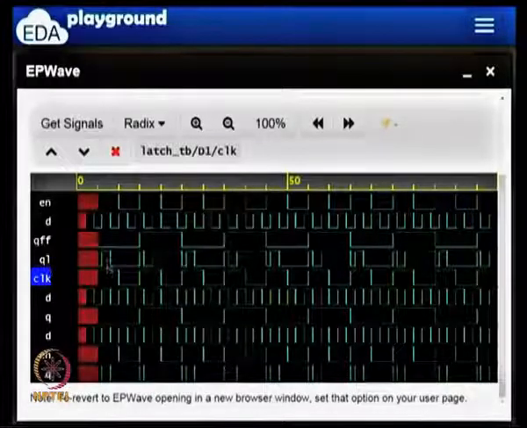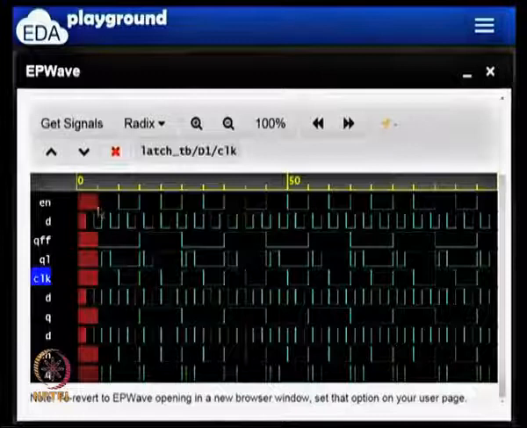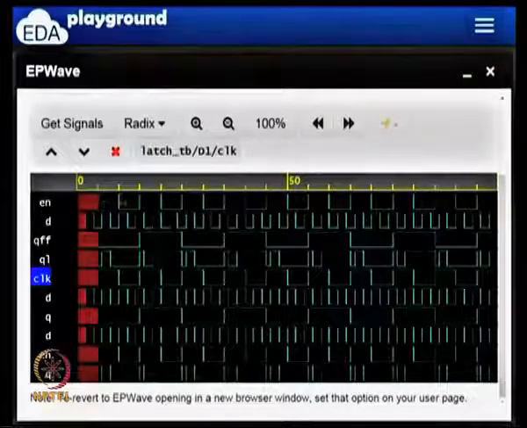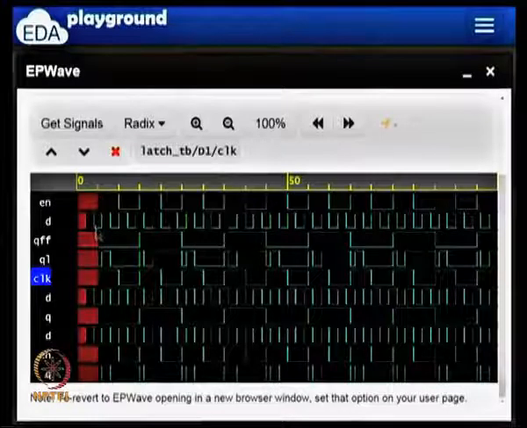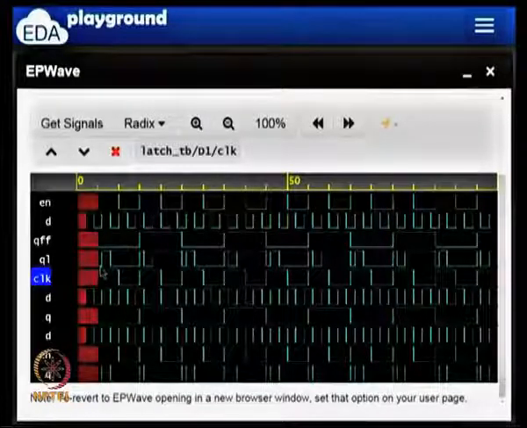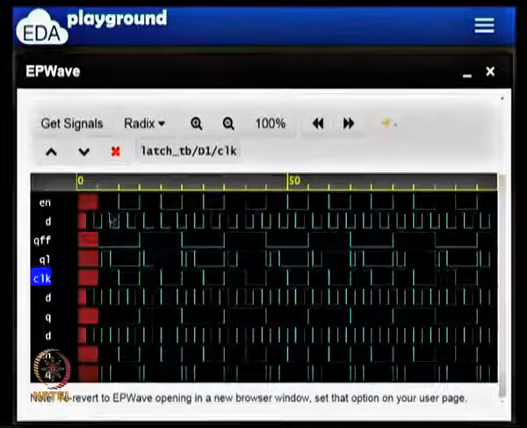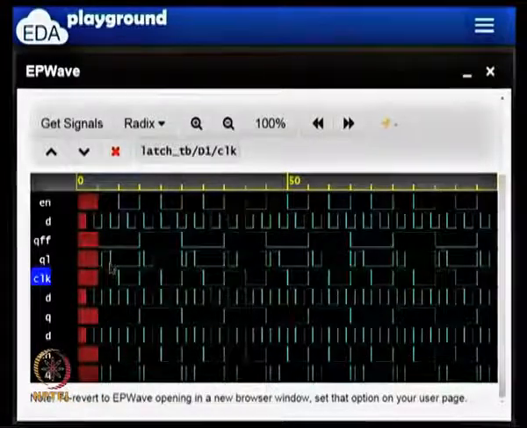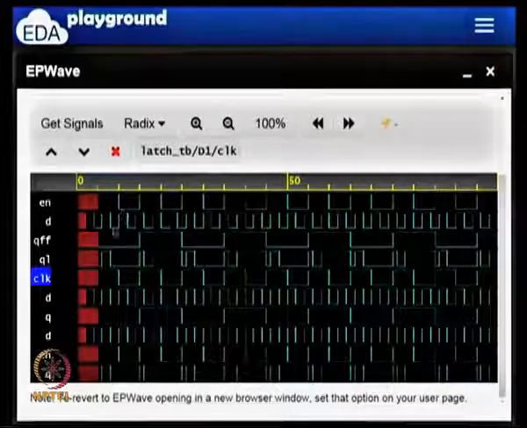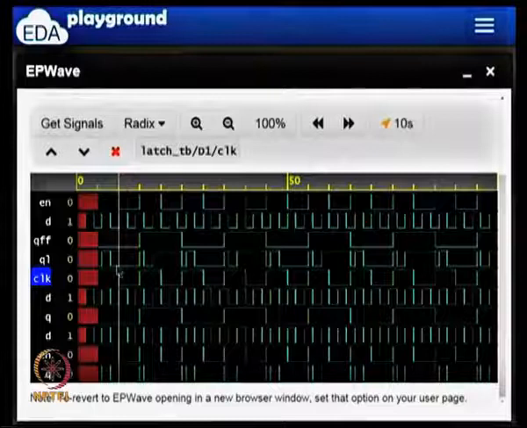QL, on the other hand, is not sampling only on the edge. At this point the level became 1 and the input was 0, so QL became 0, but this part where D is 1 is also tracked. Then D became 0, so that became 0 here. Let me pick a line here, at this point D is still 0.